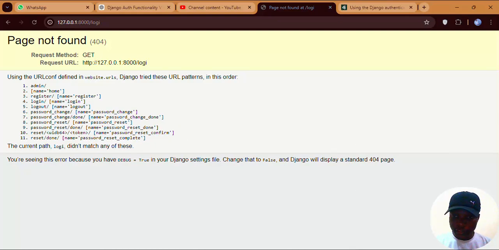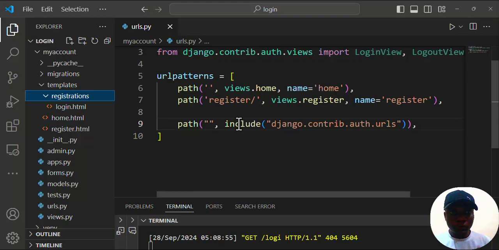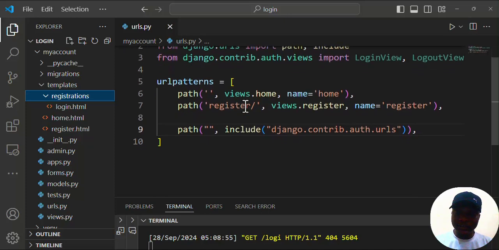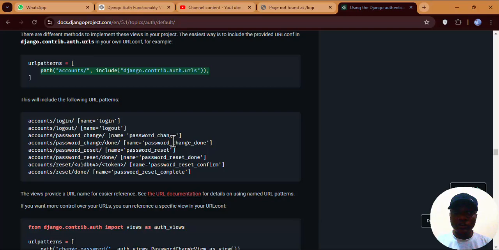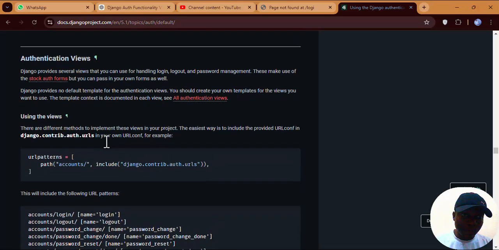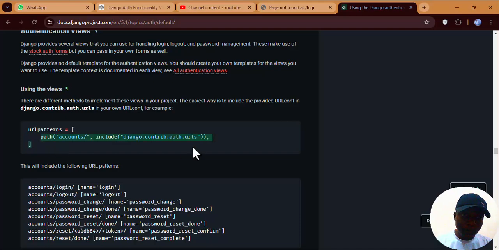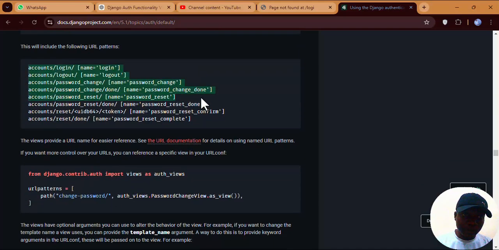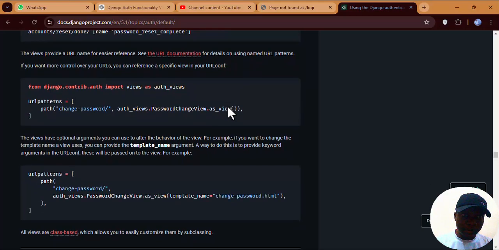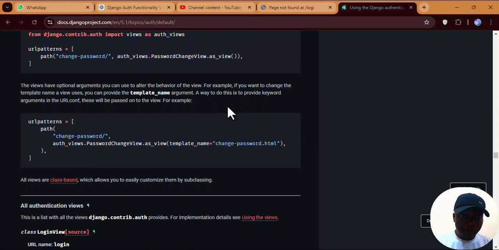So for us to be able to use this default authentication, we can use login as. There are so many ways we can do it. If you go to the Django documentation on that, you will see where all these things are coming from. These are going to be created for you. Maybe you want to use your own template, then this is what you are going to be having. Something like this. So if I copy this,